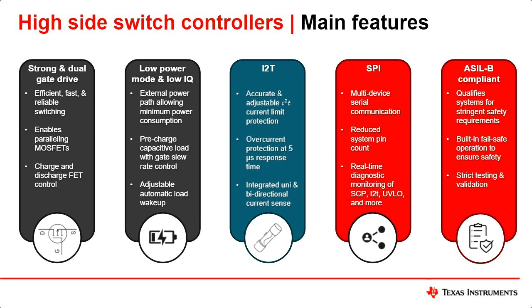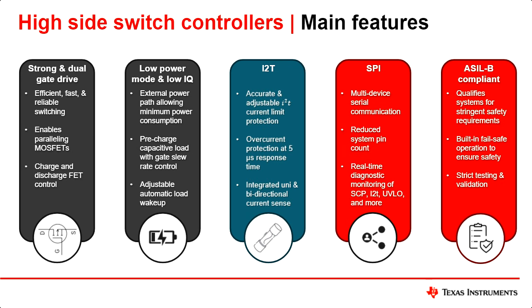Finally, as cars start becoming more autonomous and software defined, there are a lot of OEMs constantly pushing the boundaries in this aspect. The requirement for ASIL B becomes more and more prevalent, just because we need to be able to self-diagnose issues internal to the switch. Fail-safes need to be integrated, because with autonomous vehicles, nobody's driving it, nobody's checking on it. So ISO standards require more and more diagnostics in ASIL B, and with more diagnostics come more pins for the MCU to control. That goes hand in hand with SPI.